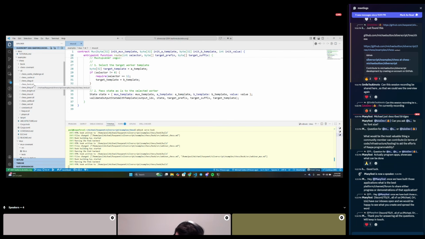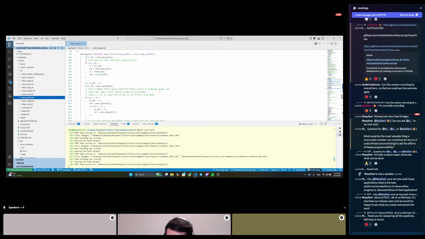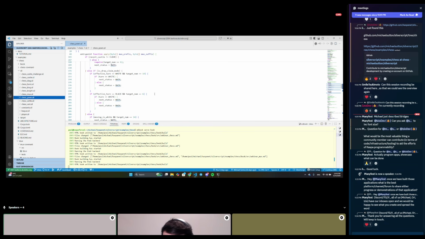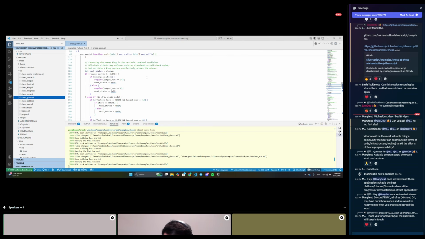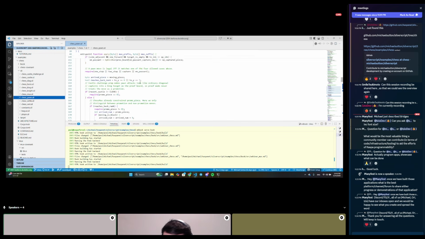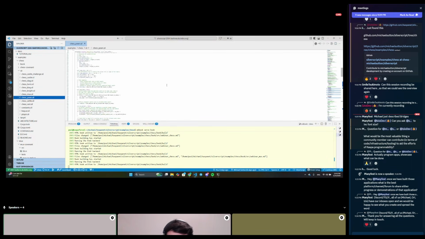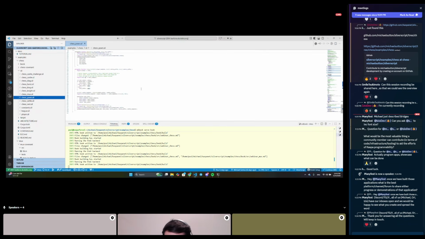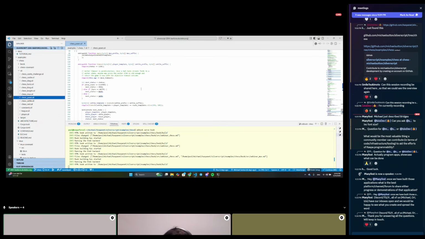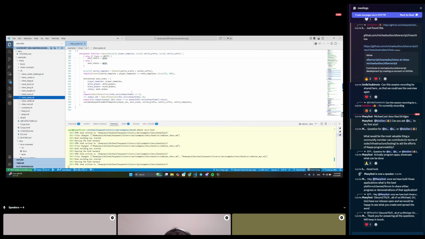So pawn is actually one of the largest contracts, because it has a lot of special rules, like en passant and promotion. Capturing the opponent is also a different move. So there are all kinds of complications. This is a script with almost 300, I don't know, 350 lines, and it's only the pawn logic.